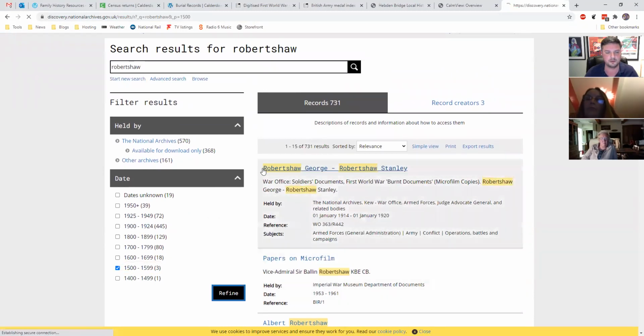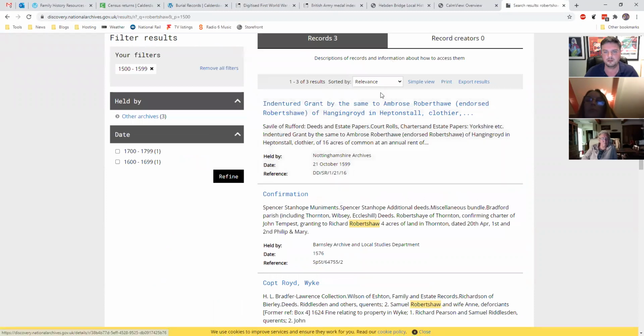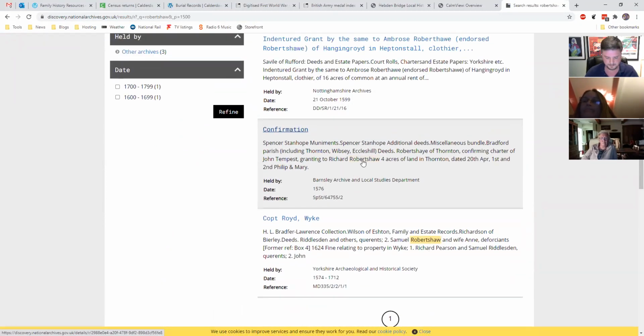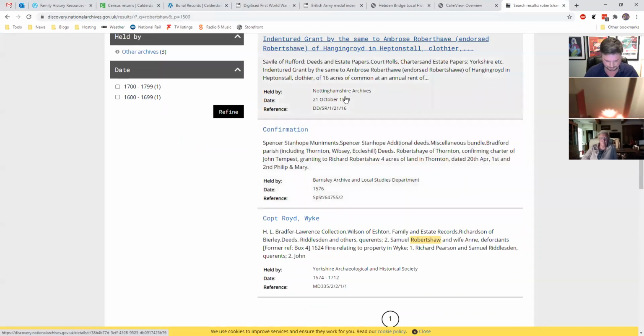So if I want to search people in the 1500s, what have I got? Some stuff at Nottinghamshire, Barnsley. Oh, I didn't know that. I need to look that up. All right, so